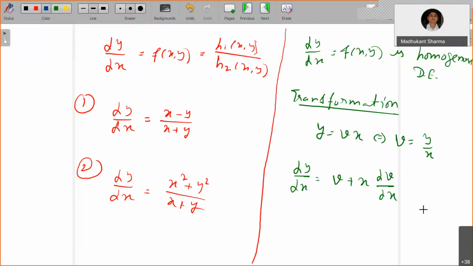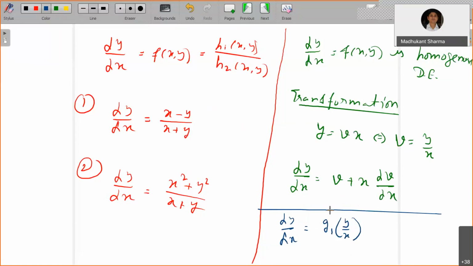So I can write this dy by dx as a function which is homogeneous of degree 0. A homogeneous differential equation is a homogeneous function of degree 0. So you can certainly write it as a function of y by x, or a function of x by y anyway. If you are going to treat it as a function of y by x, then you are going to use this transformation.